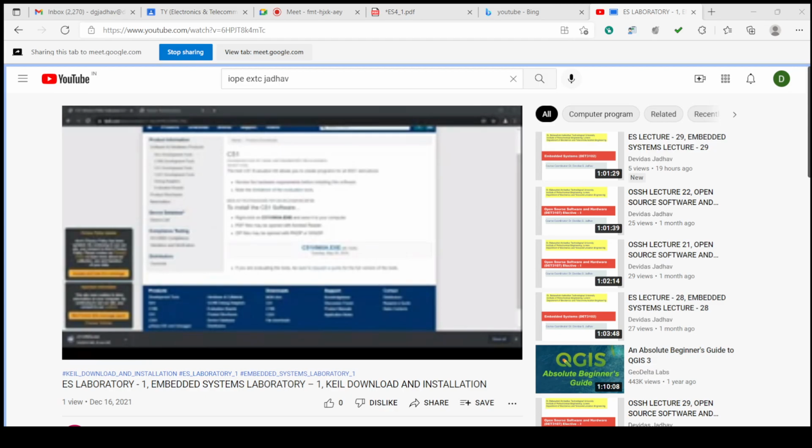Speed is quite nice, so it is getting downloaded very quickly. 93 MB is there, 8 seconds, 6 seconds are left, 5 seconds, 4 seconds, and we'll check this in the download folder.